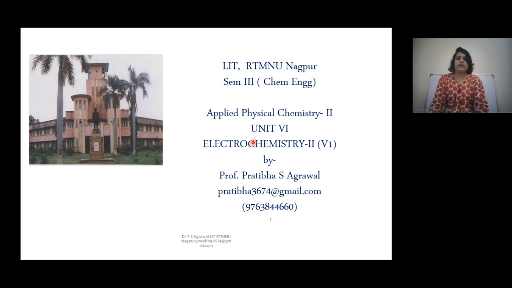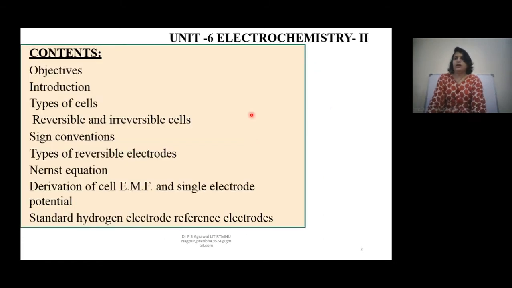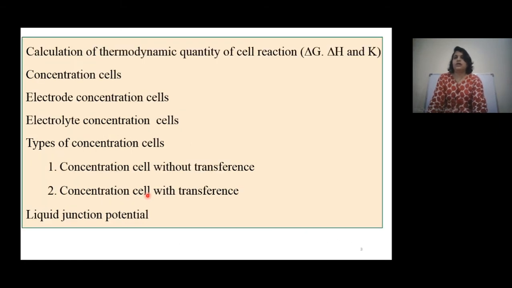Here we are with our last unit, that is the sixth unit, second part of electrochemistry. In this unit, we will see the different types of cell, reversible and irreversible cells, the sign convention used, what are the different types of reversible electrodes that we use, the Nernst equation, then the derivation of the EMF and a single electrode potential, standard hydrogen electrode as a reference electrode, then the thermodynamic quantity to be calculated,